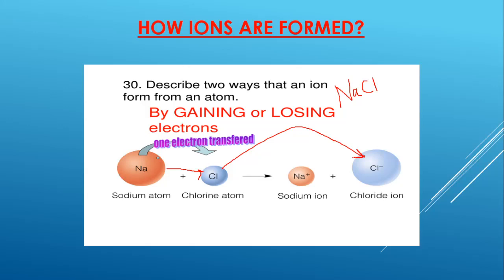We are going to learn this in detail also. We have started the concept of ionization of NaCl, that is sodium chloride, but let us go into detail. We talked about how the sodium atom is formed into a sodium ion. In the same way we are going to talk about chlorine also. But how or why does this gaining or losing of electrons happen, that we are going to see. In this case, sodium is losing the electron and it is gained by whom? It is gained by the chlorine atom.